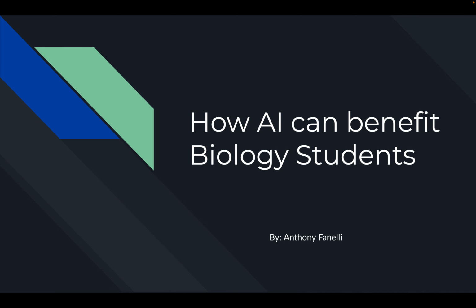This was for my honors contract. I'm currently taking general biology, and the professor and I came up with the idea of me doing some research into AI because I'm a computer science major, but I've always had an interest in biology. The classes I've enjoyed have always been life science classes. So we figured we could combine the two, and I could research how AI and its recent evolution can help benefit biology students to help them study or whatever else it might be.